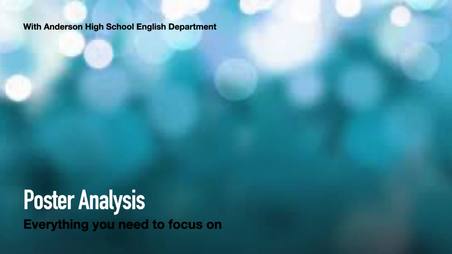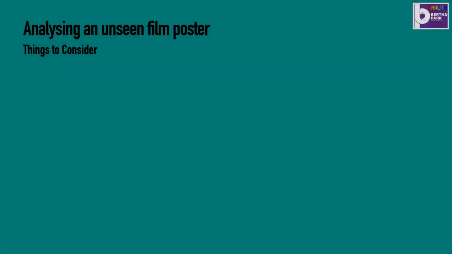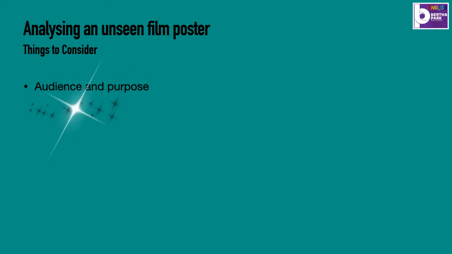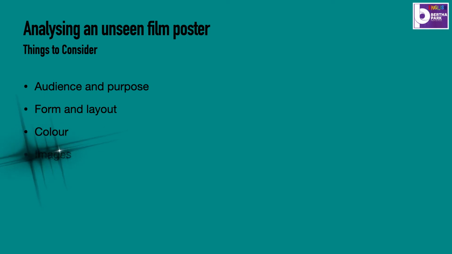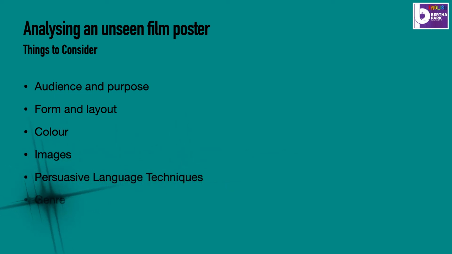Let's move on then to think about poster analysis as a whole. Now, next week, you are going to be given a quick task of analysing an unseen film poster. And when you're doing that, or next lesson, sorry, not next week, remember that you start with audience and purpose, you move on to form and layout, you then think about the psychology of colour, the use of images, try and see if you can spot any persuasive language techniques. Also put everything into the idea of genre, so what category of film is this, and then go back to